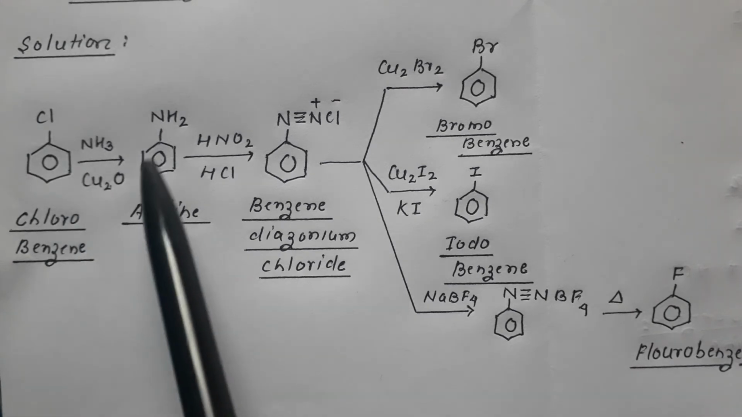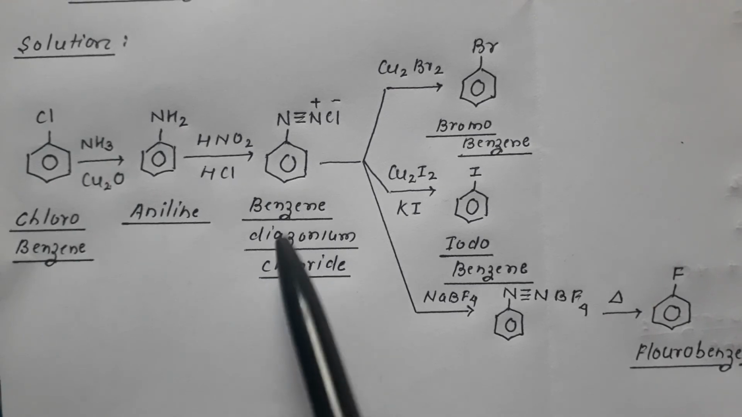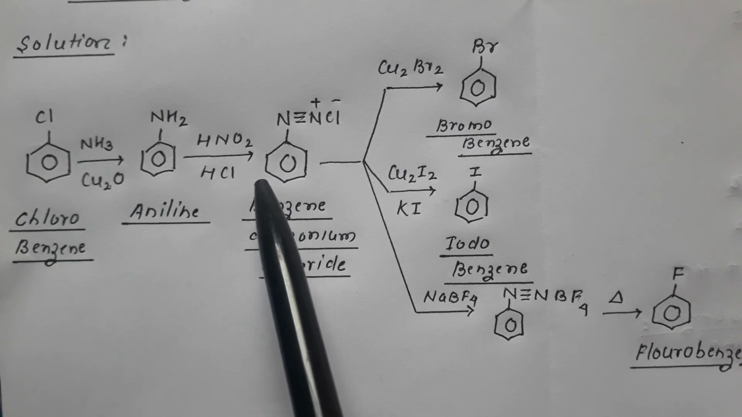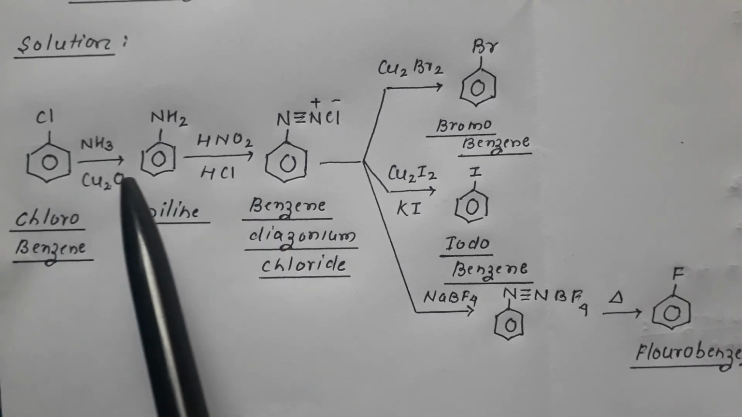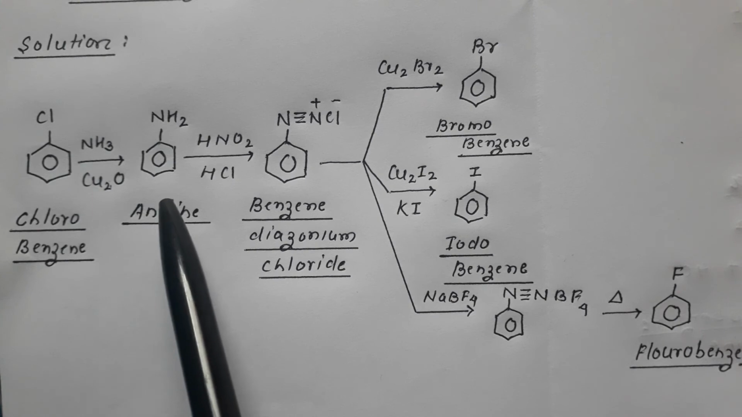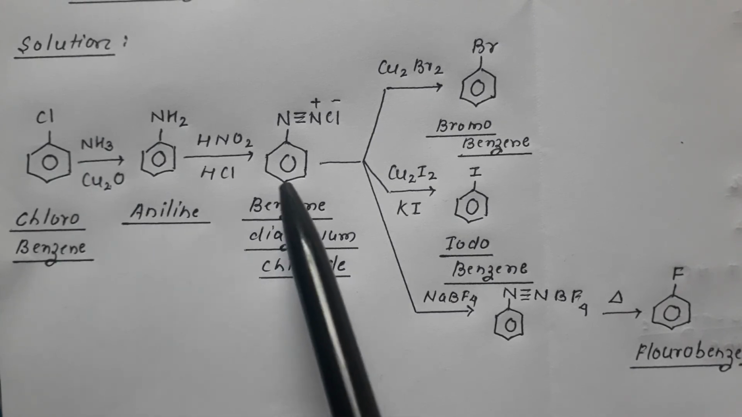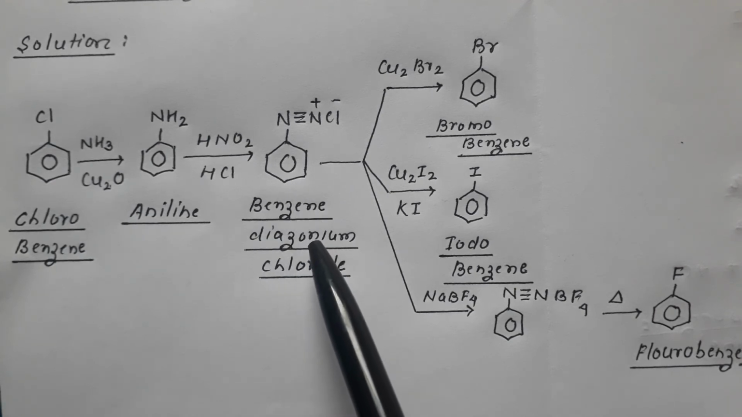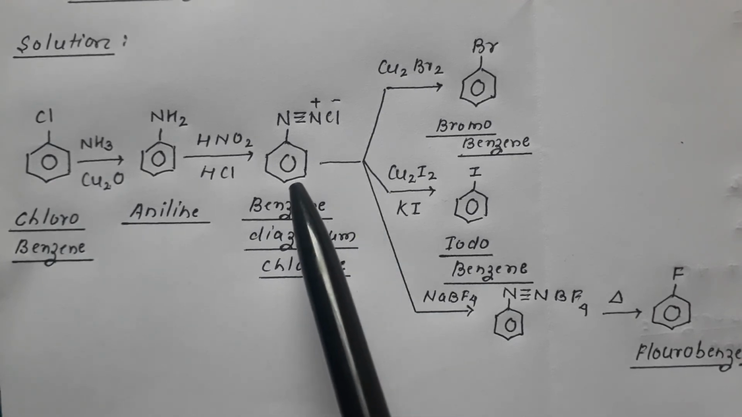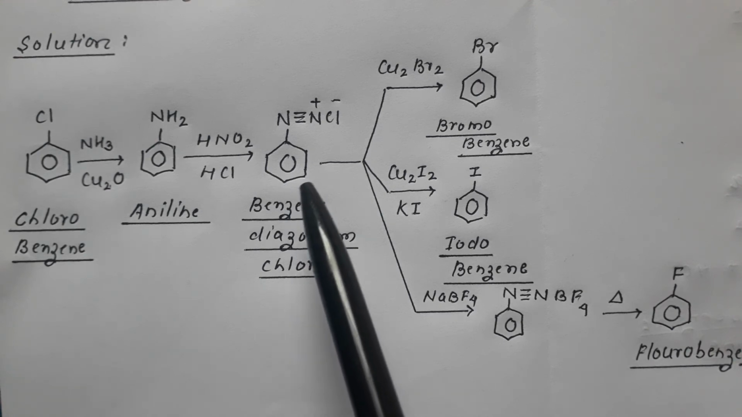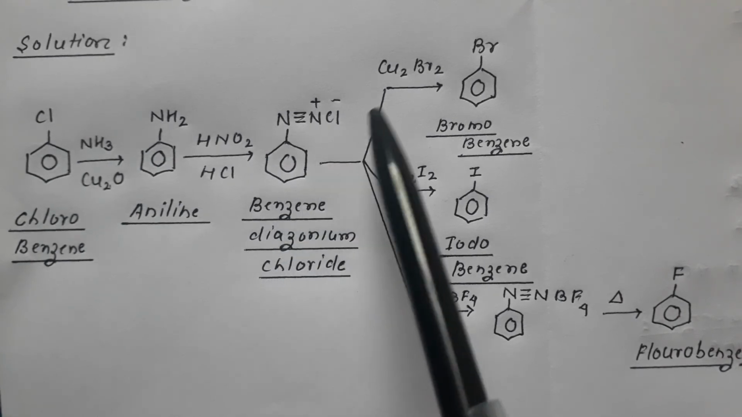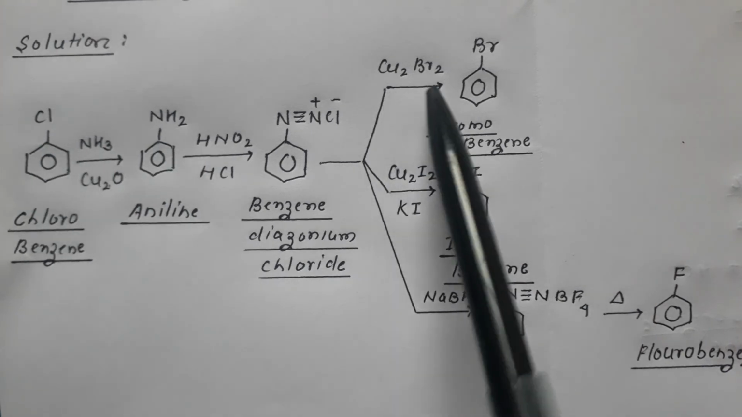Then this aniline is converted into benzene diazonium chloride by a reaction called diazotization. We converted chlorobenzene into aniline, then we converted aniline into benzene diazonium chloride through diazotization. And now using this benzene diazonium chloride, the other conversions are brought about. We have already done this in the preparation of haloarene. You may refer, I have already dealt with that: this benzene diazonium chloride, when made to react with cuprous bromide,